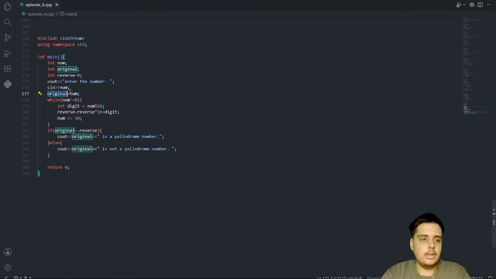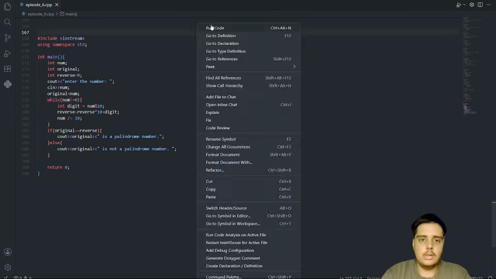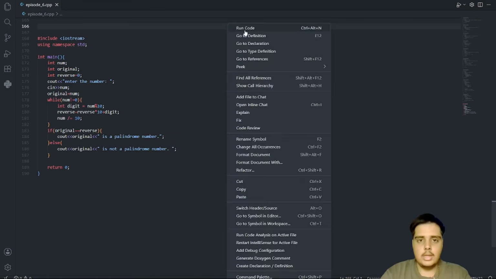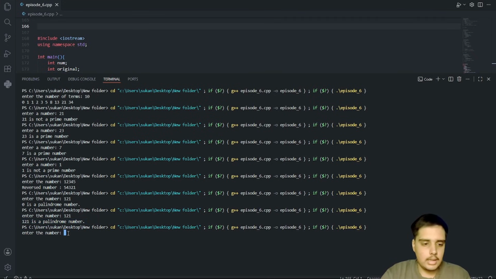In this line you can see original becomes num, and further num's value updates, but original remains the same. So if I run the code and I say 121, it says 121 is a palindrome number. And if I run the code again and I say 123, it says not a palindrome number.